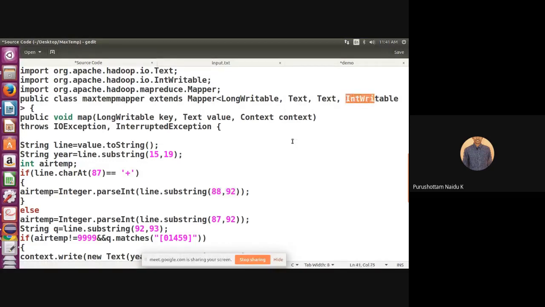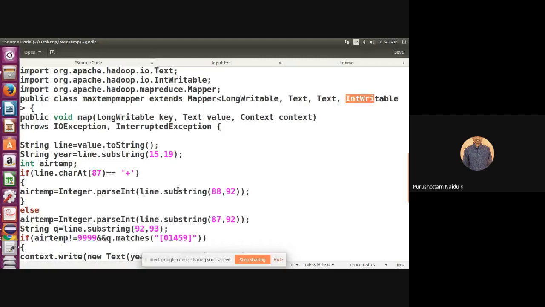But actually, line dot substring is the string type. To convert the string type into the integer type, we have Integer dot parseInt. I think you already know that in Java programming, to convert a string into an integer, we use Integer dot parseInt.